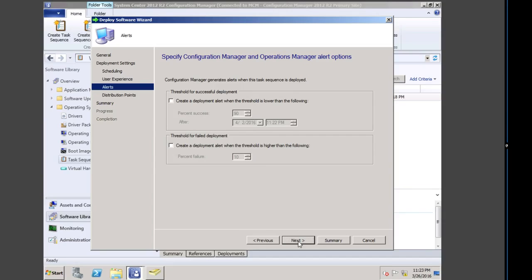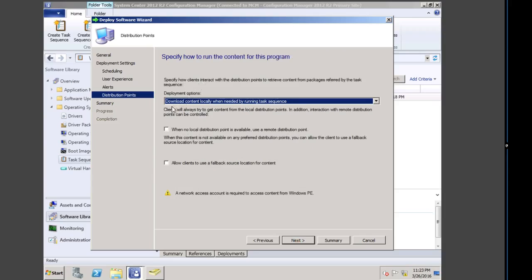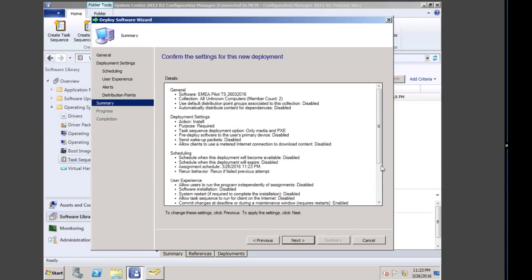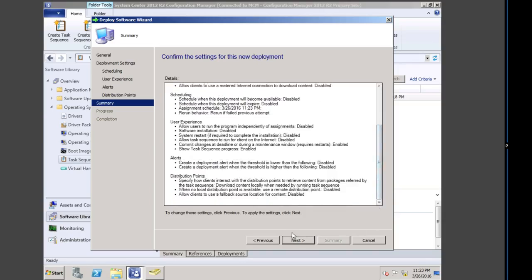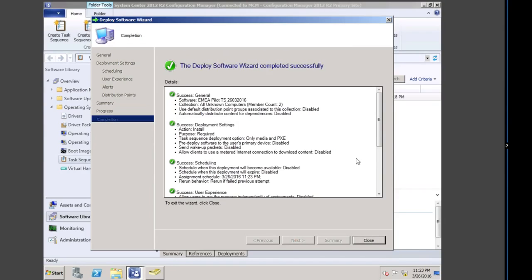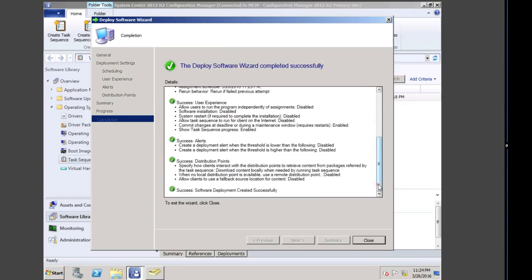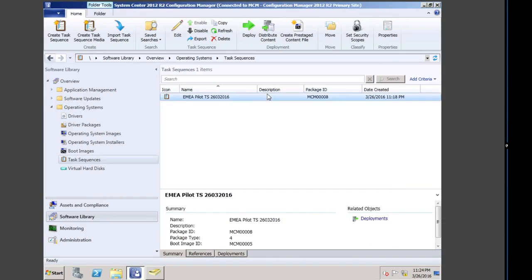Click next. Locally, yep. Click next, and that's it. Yep. So that's all good. Click close. So we have deployed the task sequence, and all we now need to do